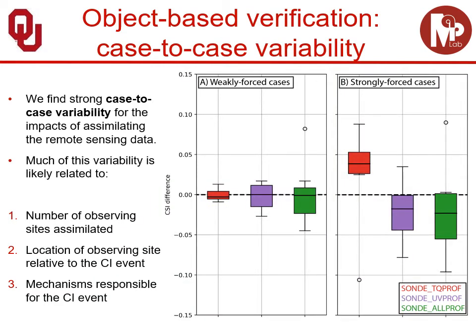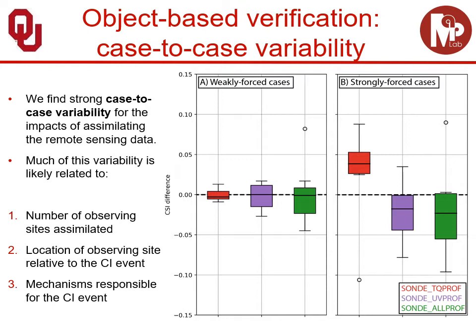And we've done a little bit of work to try and understand this, and we think the case-to-case variability comes down to 3 main things. First, the location and number of observing sites assimilated for each case. So we found slightly better impacts when more sites are assimilated, but the variability is also linked to the case mechanisms as well. So this shows an analysis where I categorized each case as either strongly or weakly forced based